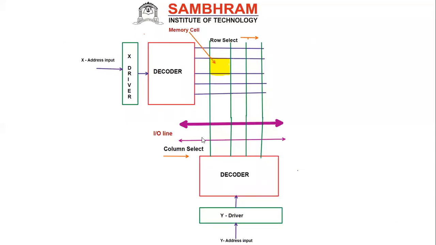Now here, the diagram shown is the simple memory internal architecture diagram, I can say. The x-axis here, I'm having this x. Here it is nothing but the address input, or sometimes we may call it word lines. So normally, if you want to design a memory, how can we design a memory?